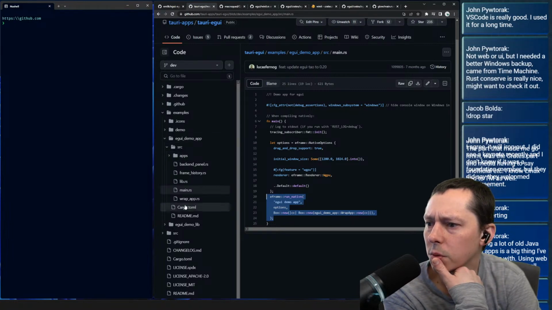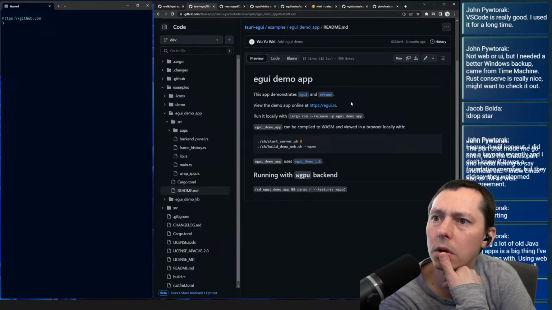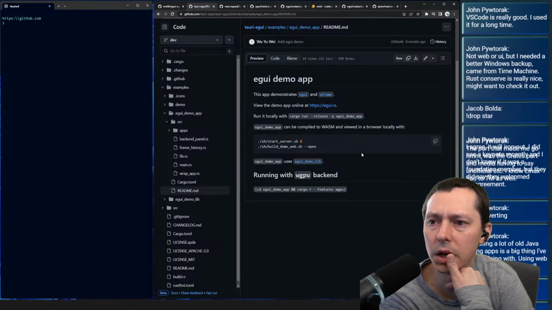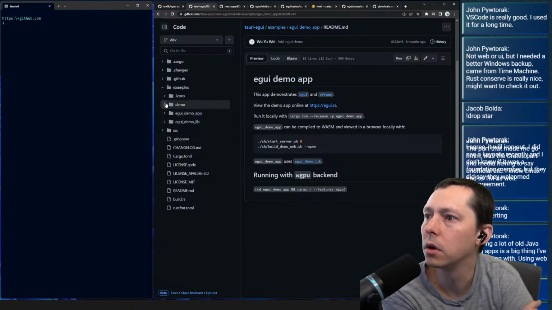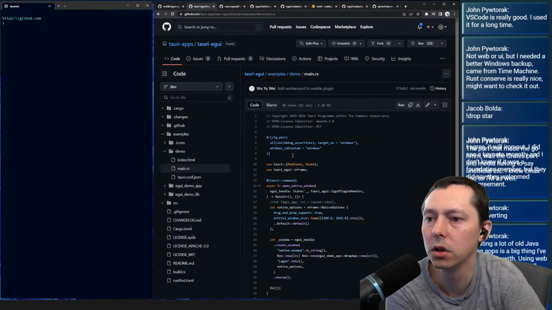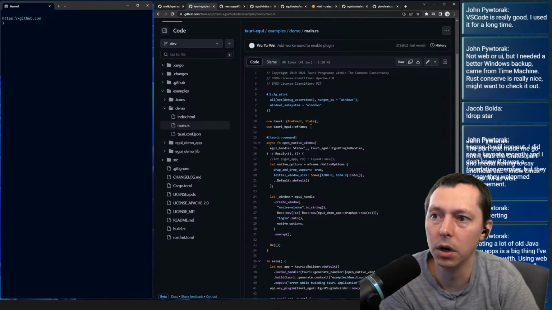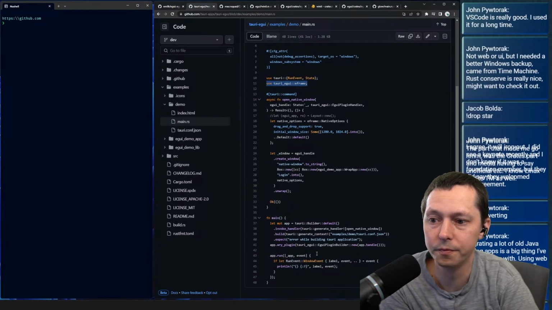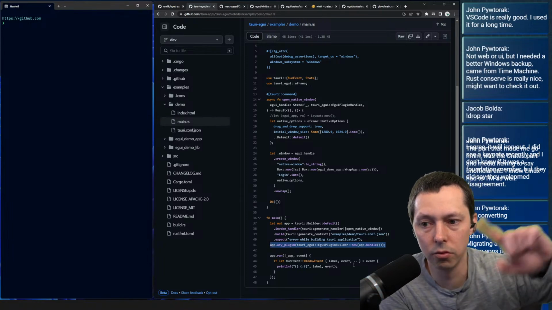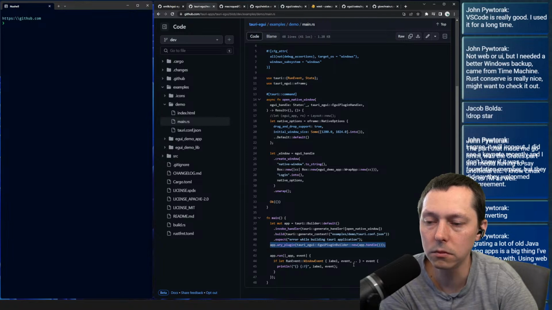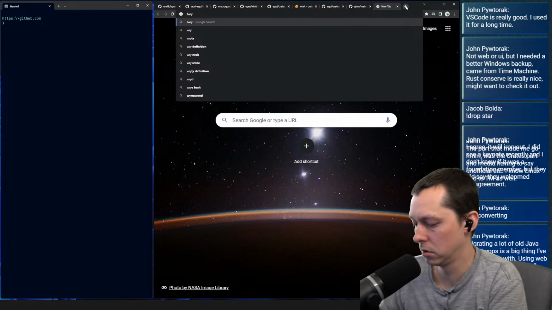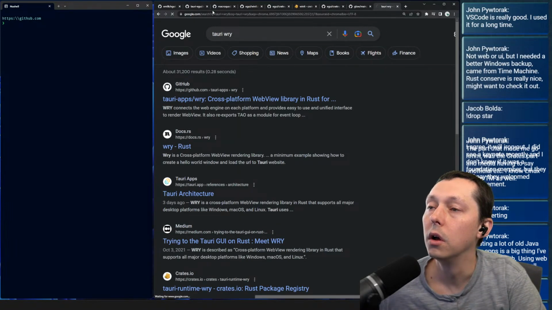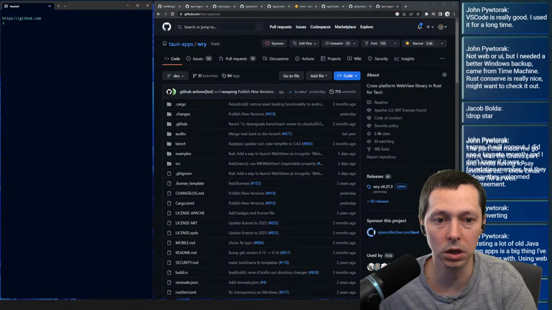I do remember something about this where, let's see, readme. Yeah, I don't think this is actually anything with Tauri. This is specifically just the egui demo app. I think the demo is the thing that includes all the Tauri stuff, yeah. And that's using the tauri-egui eframe and Wry to wrap the web view stuff. Wry is the web view,